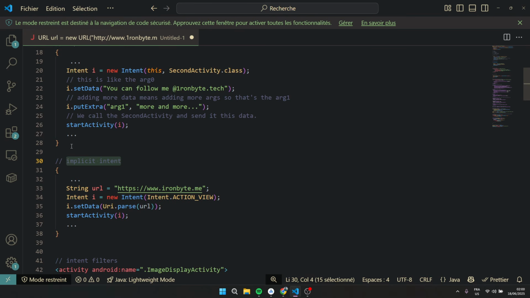The implicit intent, guys, is used to request an action from another application on the device. It's like telling your phone what you want to do and letting it figure out which application can do it for you. For example, if you want to share a photo from your gallery app, you just tap on the share button inside the gallery, and it pops up different applications to use.